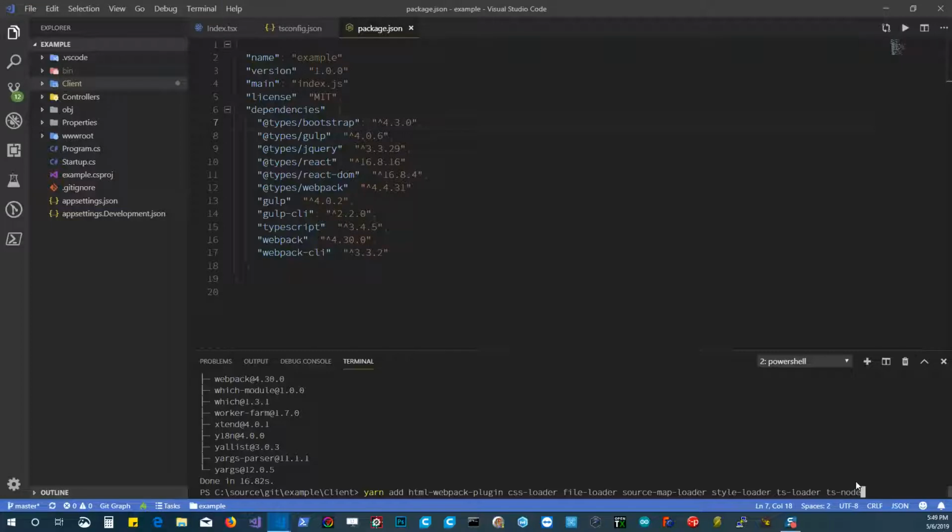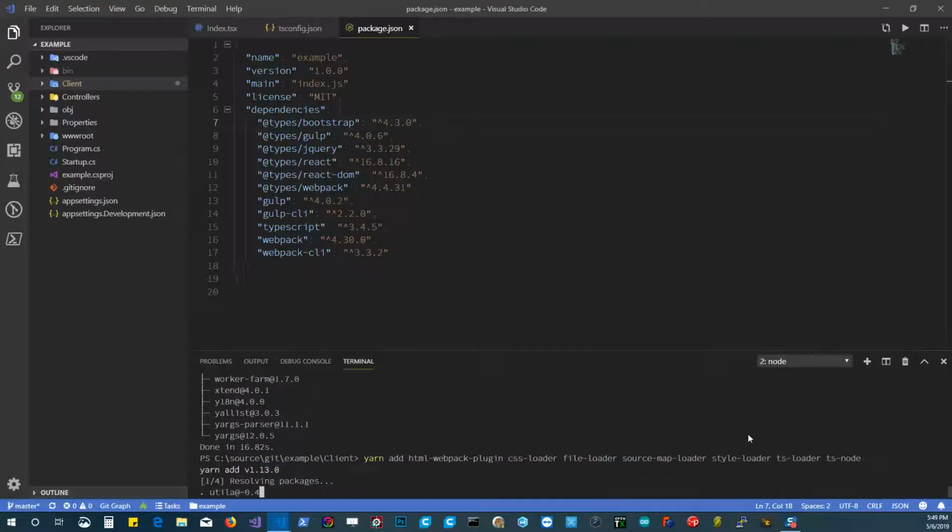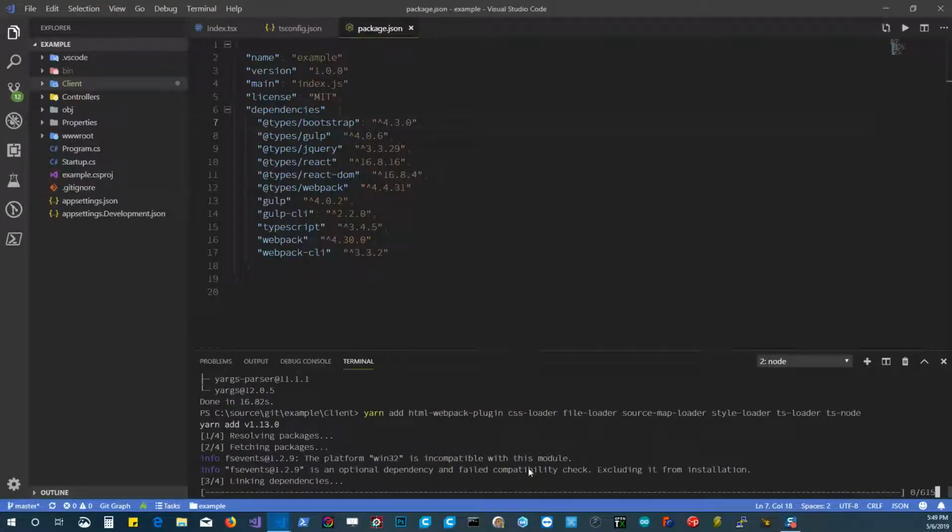You know how you can type node space and then just pass a JavaScript file and it'll execute it? Well, ts-node will allow you to do that same thing, node space and pass it a TypeScript file. We already have TypeScript in scope, so let's install these, and then we'll grab our client-side libraries